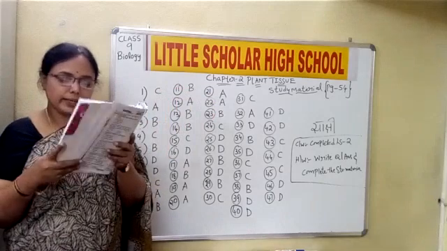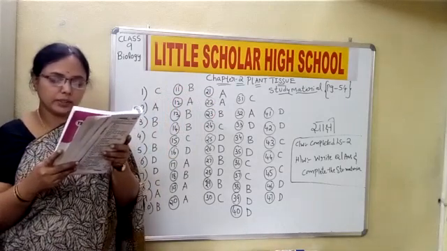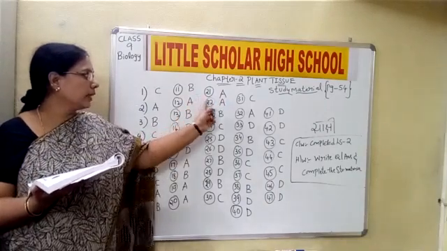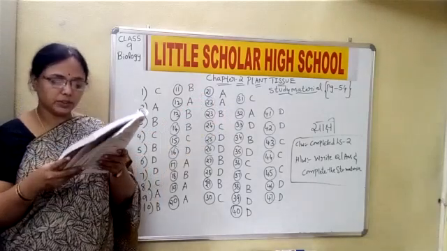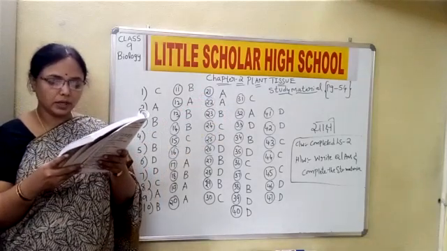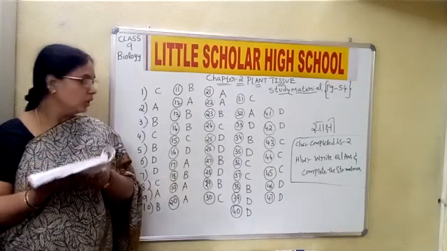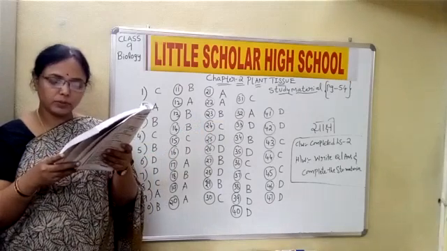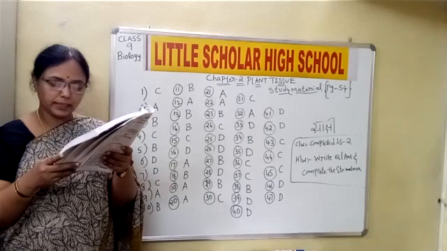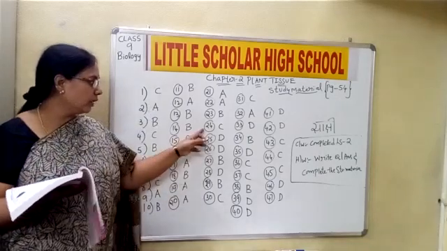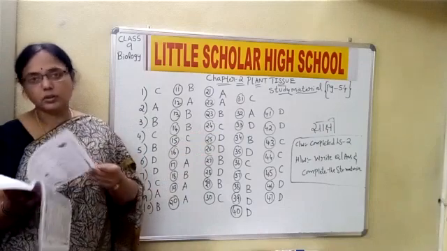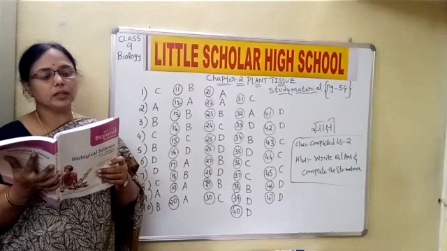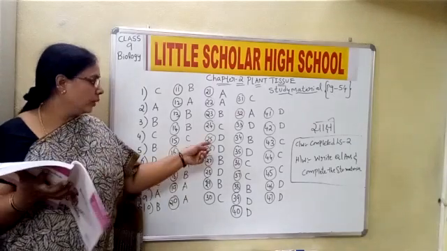Question 22: Tissues that bring about overall growth and repair in plants are meristematic tissues, answer 22A. Question 23: Tissues that form outer coverings are called dermal tissue. Answer 23B. Question 24: Tissues that form the bulk of the plant body are called ground tissue, answer 24C. Question 25: Tissues that help in transport of material are called vascular tissue.